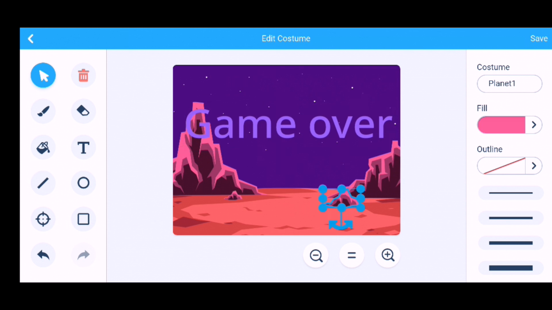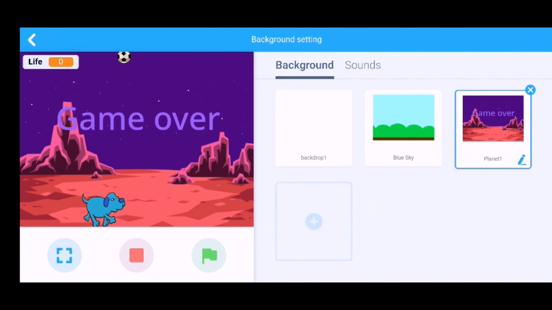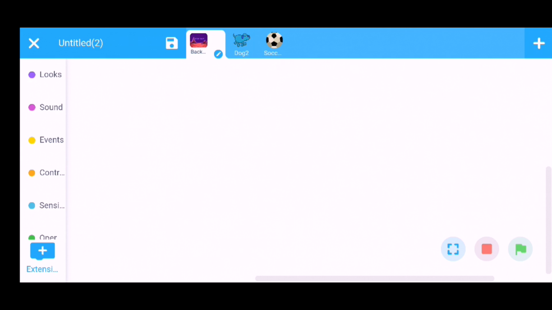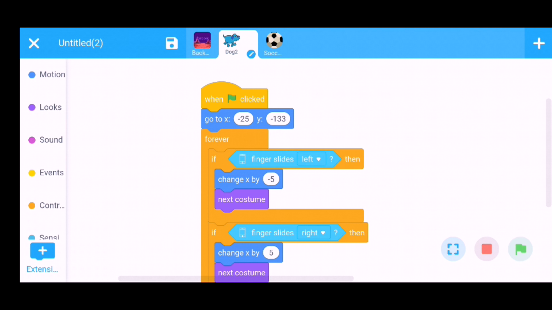Save it. Now again go to this command, add here one more command, the switching command.